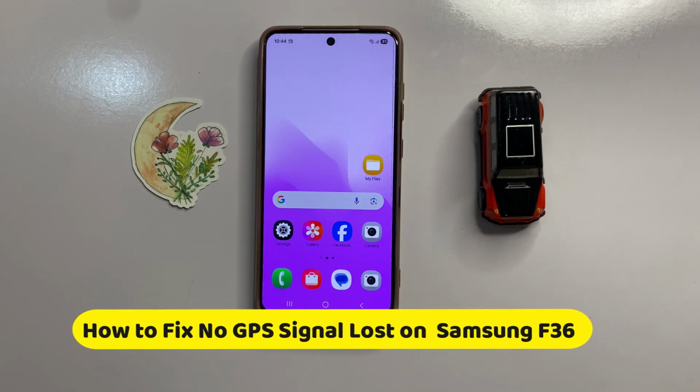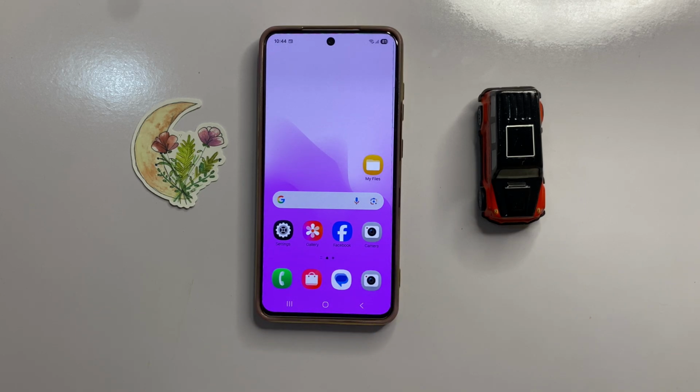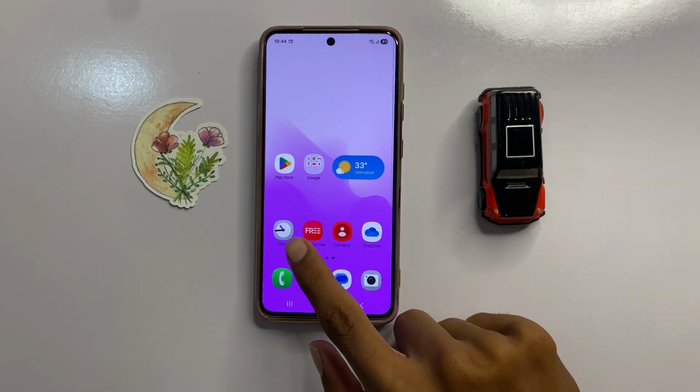How to fix no GPS signal lost in Samsung F36. So let's start the video. First of all,